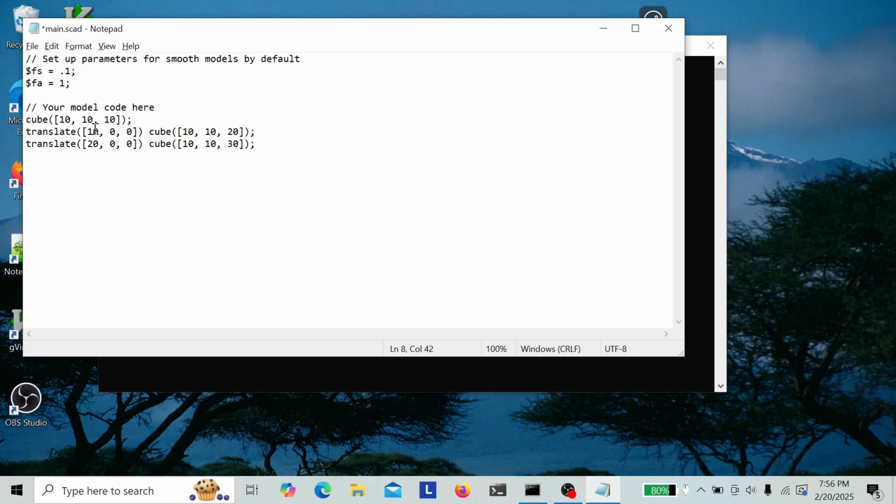So I'm going to save this and read the whole model code here. Setup parameters for smooth models by default: $fs = 0.1; $va = 1; your model code here: cube([10, 10, 10]); translate([10, 0, 0]) cube([10, 10, 20]); translate([20, 0, 0]) cube([10, 10, 30]);